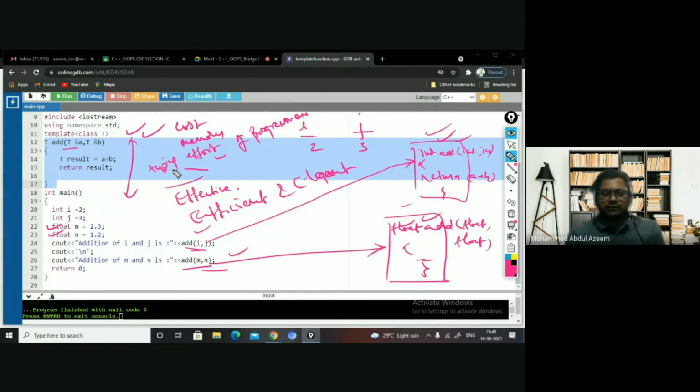Stack of course is a part of the system memory for recursion, expression evaluation, conversion, all such things. The operating system makes use of stack memory. The stack is based on the last in first out concept, right?